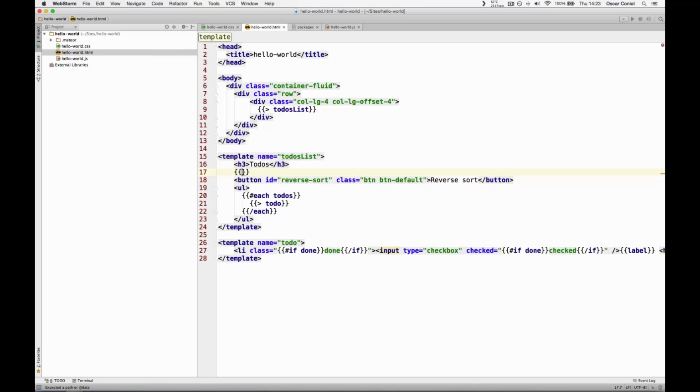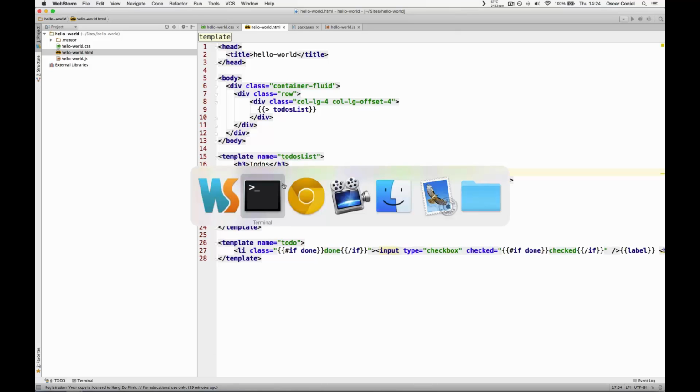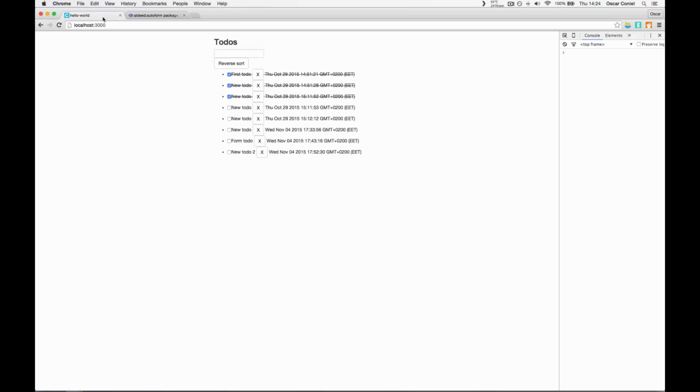a quick form, and that's one of the ways you can create forms with AutoForm, using the quick form template. So you just include the quick form template, and then it needs a few things, the first of which is an ID. So let's give it an ID of to-do form, and next we should give it a collection so it knows which collection it's working with. In this case it's the to-dos collection, and then this is going to be an insert form for creating new to-dos, so we give it a type of insert. And if we have a look at our site now,